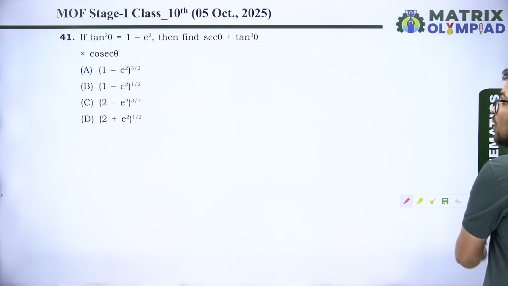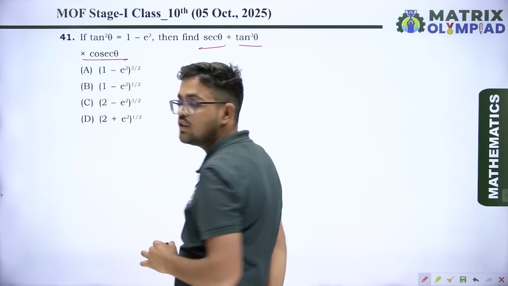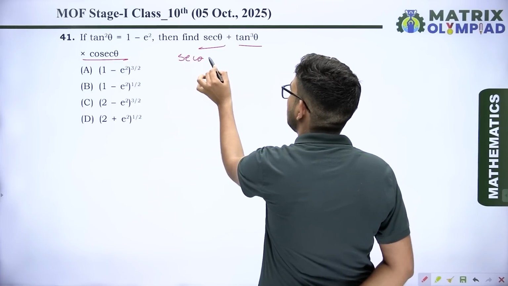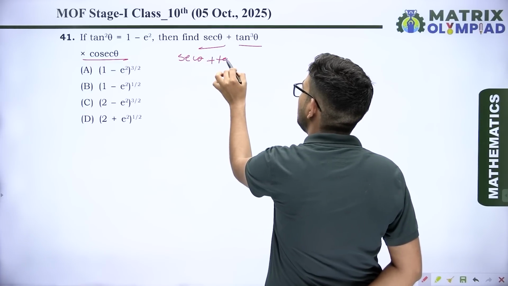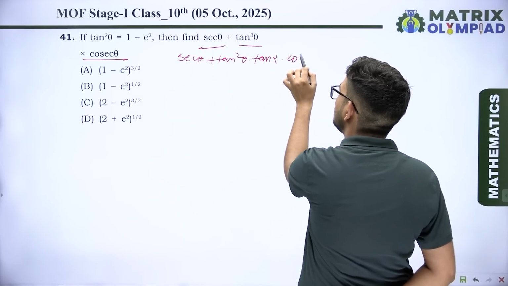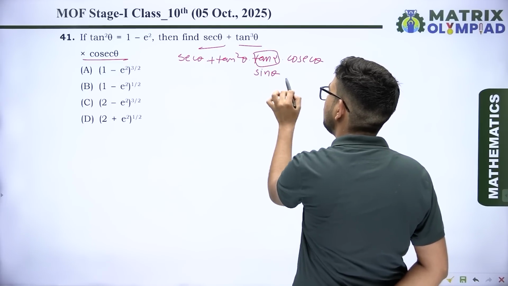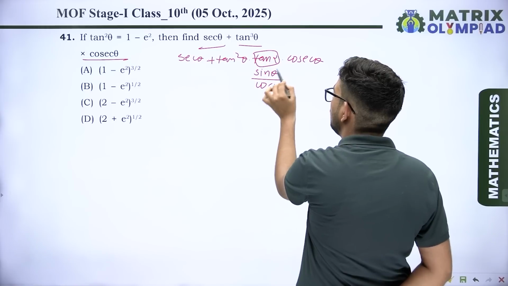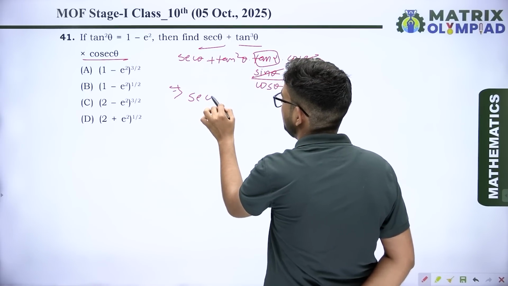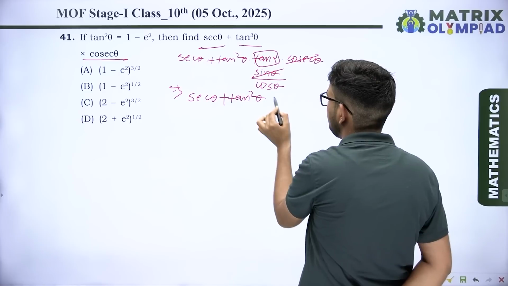नेक्स्ट आपके पास में क्वेश्चन नंबर 41 क्या कह रहा है, इफ tan स्क्वायर थीटा इक्वल टू 1 माइनस e स्क्वायर देन सेक थीटा प्लस tan क्यूब थीटा इंटू कोसेक थीटा क्या होगा। तो देखो सेक थीटा एज इट इज है ना, तो आप tan क्यूब थीटा को tan स्क्वायर थीटा इंटू tan थीटा लिख दो इंटू कोसेक थीटा। अब tan थीटा को आप साइन थीटा अपॉन कोस थीटा लिख सकते हो। और देखो साइन और कोसेक आपस में कैंसिल आउट हो जाएगा। तो ये बनेगा सेक थीटा प्लस tan स्क्वायर थीटा इंटू 1 अपॉन कोस थीटा,